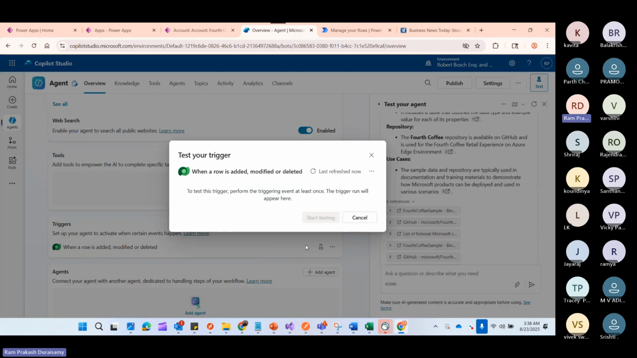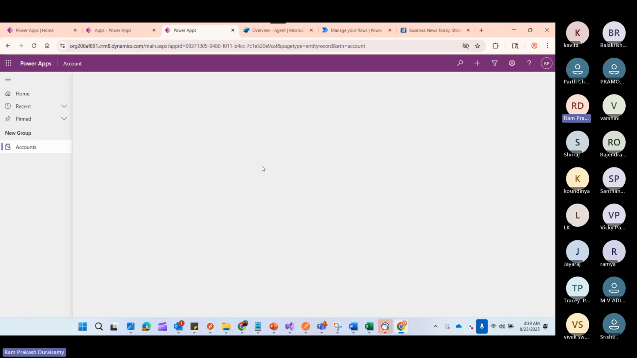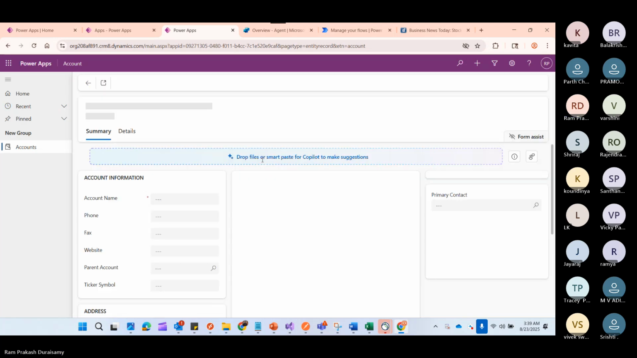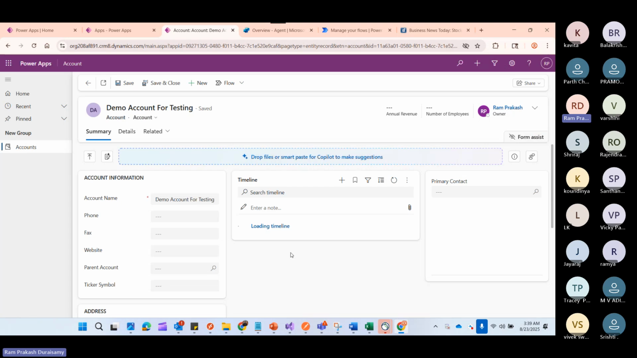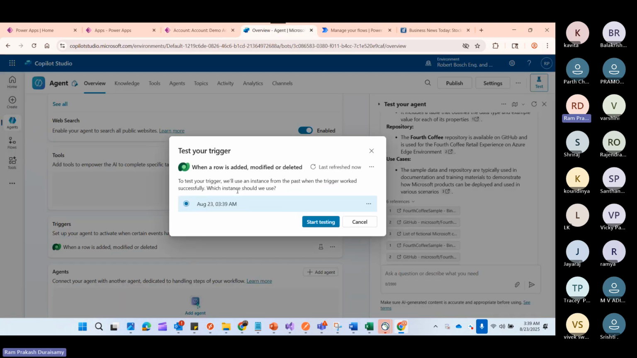If I click on load trigger, I can keep this to make sure that this trigger is performing the operation or not. So I'll go to my account table. I'll create an account here, like demo account for testing. Yeah, I'll fill only the mandatory details. I'll click on save here. I'll come to my agent. Here you can see it automatically found the trigger, and the trigger automatically triggers here now. So if I click on start testing,